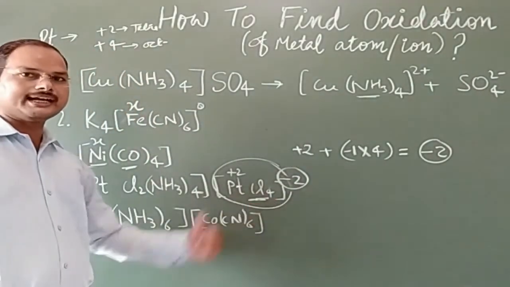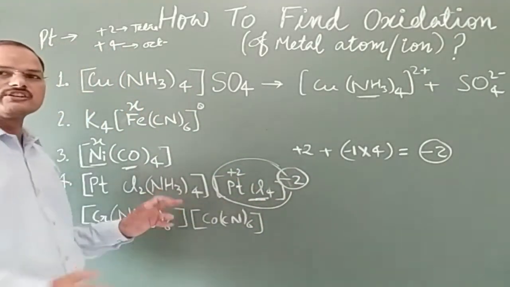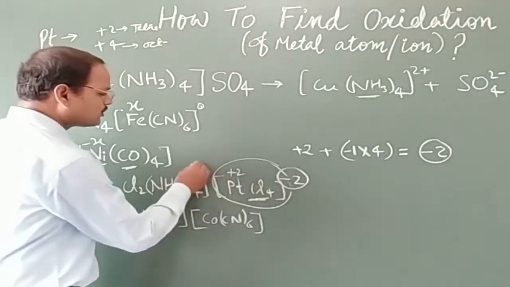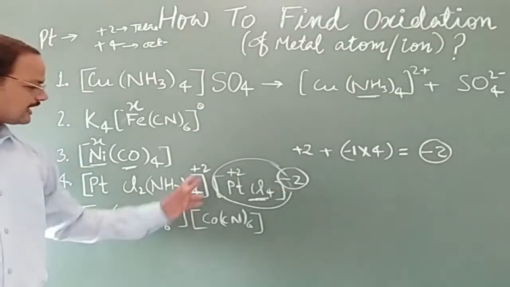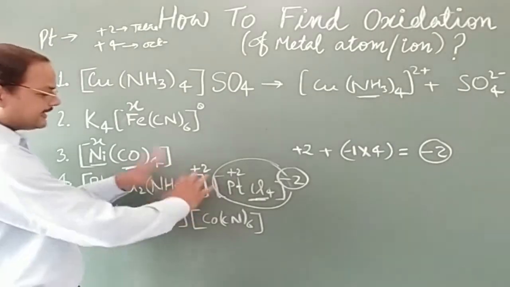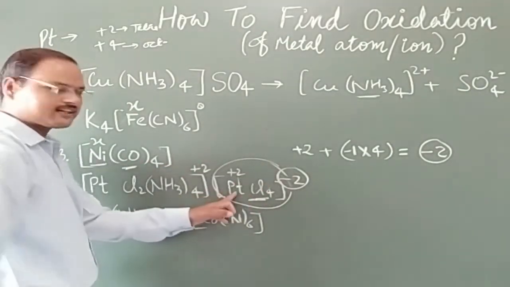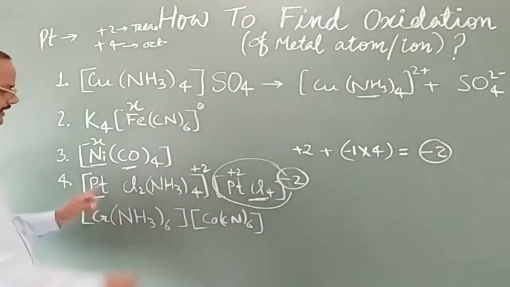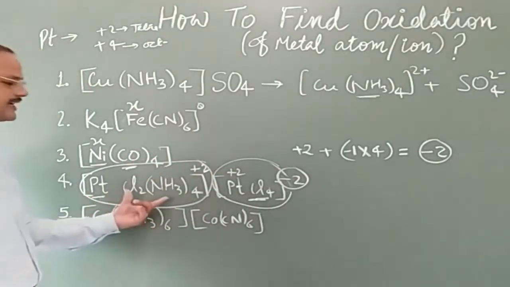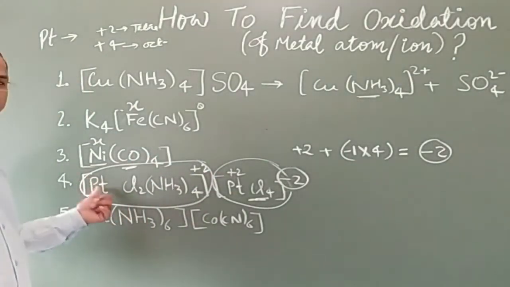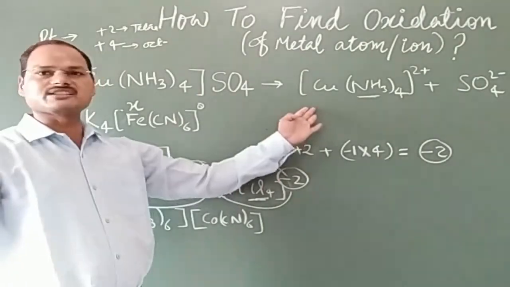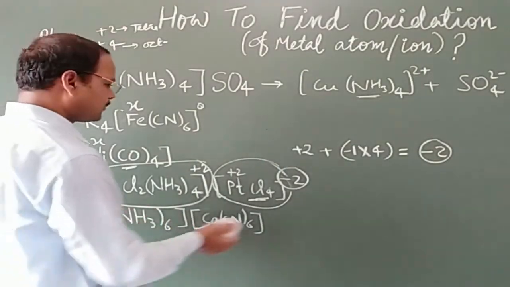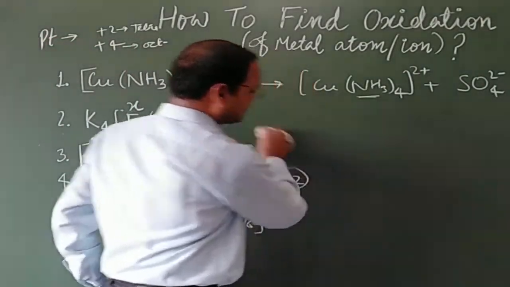This is fair. And as we know that overall this molecule is neutral, that's why 2 negative charge opposite to this, it will have 2 positive charge. Now you can see here, if any charge is known, for example the oxidation state of platinum in this sphere is clear. Now to find out the oxidation state of this ion, we can use this charge. Now we can find out the oxidation state of this platinum with the help of the expression which I have given.